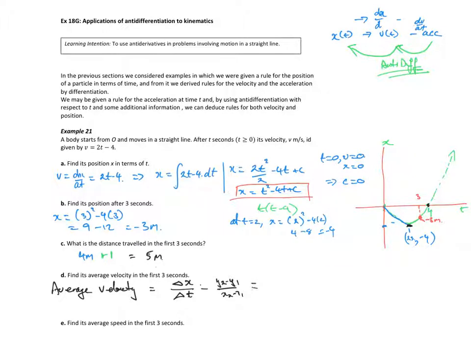So after 3 seconds, I was at negative 3 meters minus my starting position, which is 0. And the time it took me to get there was 3 seconds. So on average, my average velocity was negative 1 meter per second. All right. My average speed, on the other hand,